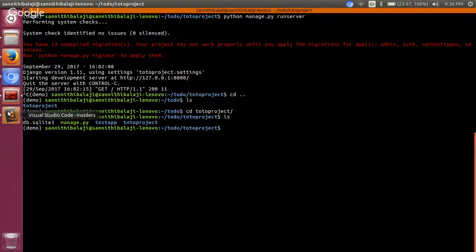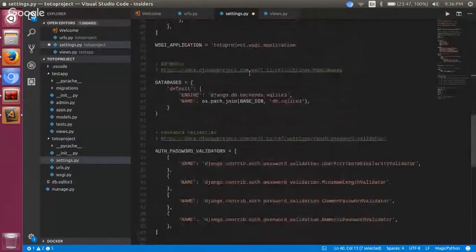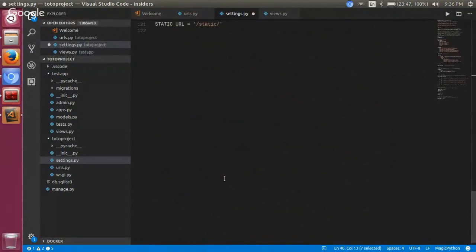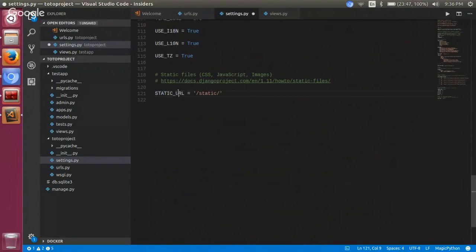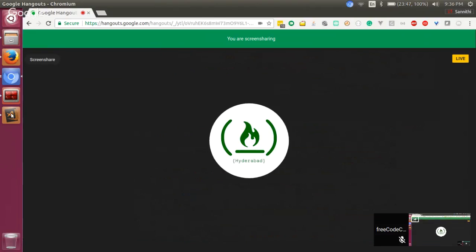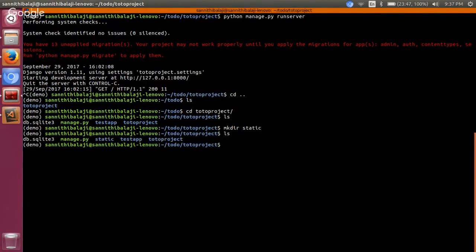So here in the settings.py, there is a URL here which drives all the static content, so all the static files. Okay, one second. Static and